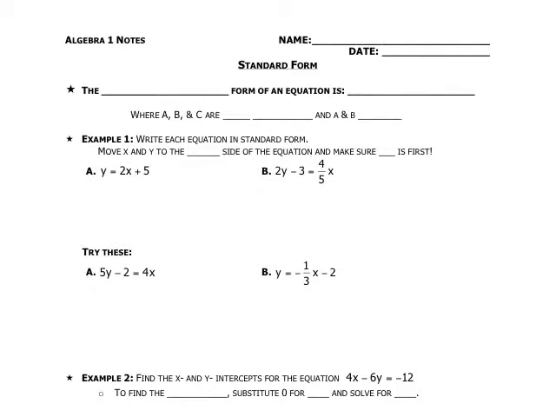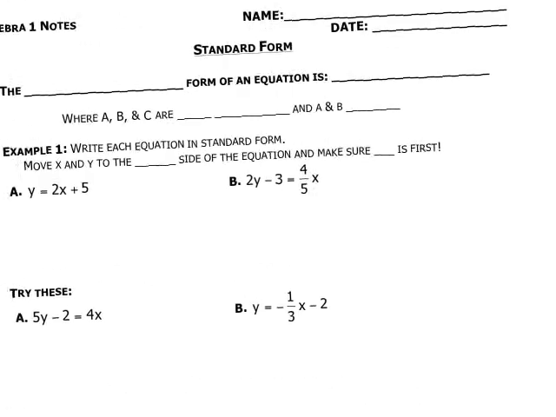Alrighty, so today we're going to look at the last form of an equation that we're going to look at. So we have slope-intercept form, we have point-slope form, and now we're going to look at standard form. So standard form of an equation is